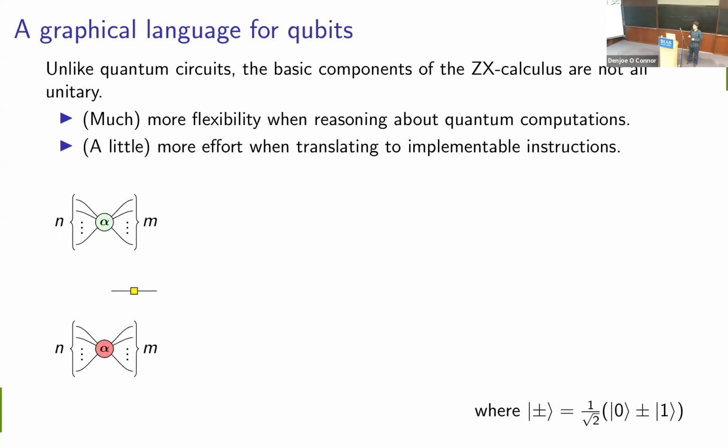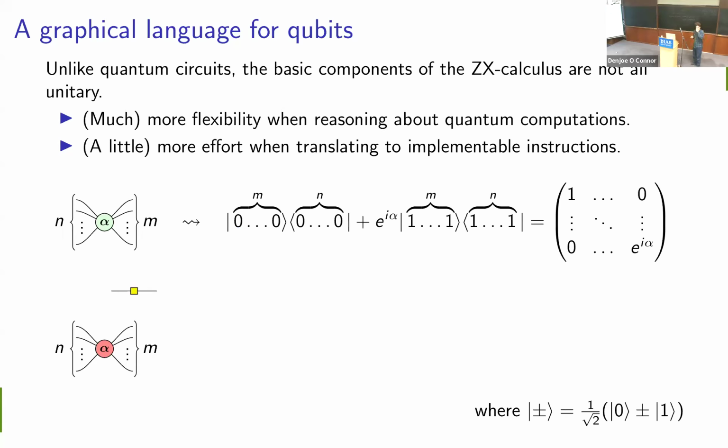So what does the ZX calculus consist of? Rather than having quantum gates, we have these objects that can have a lot of wires going in and a lot of wires going out, and they're called spiders because they look a little bit like a spider. They can have arbitrarily many inputs and arbitrarily many outputs. And then we've got this one slightly more boring one, which is this little box which always has exactly one input wire and one output wire. And these represent certain maps.